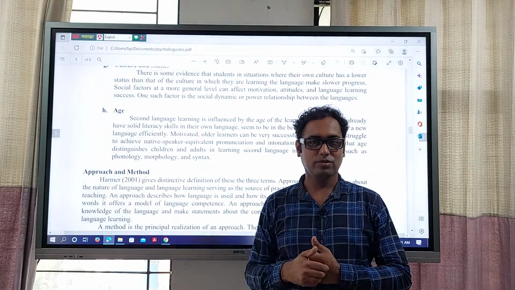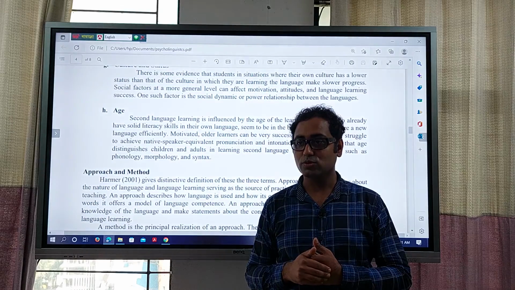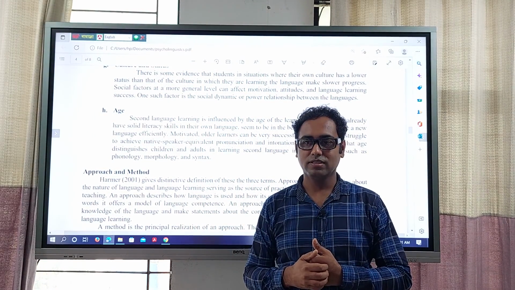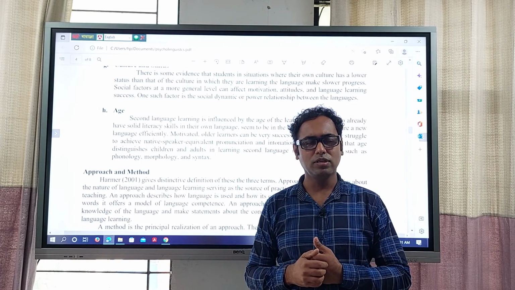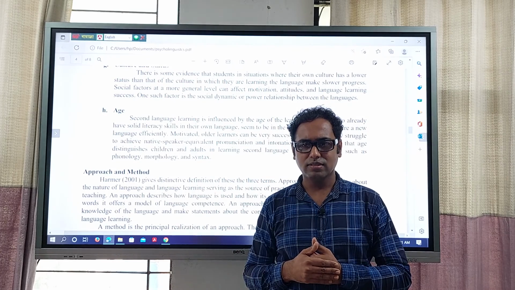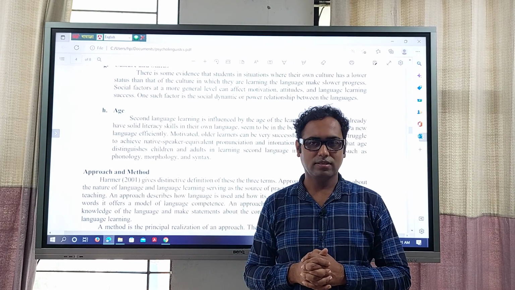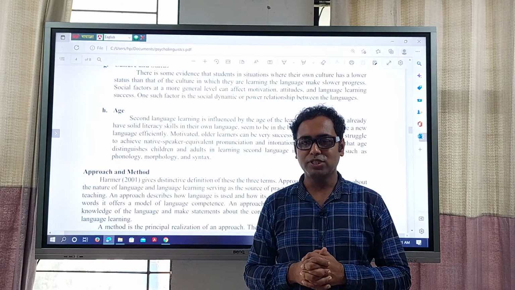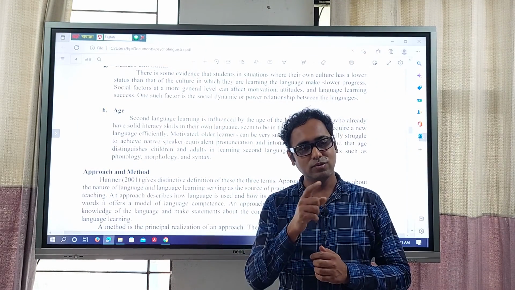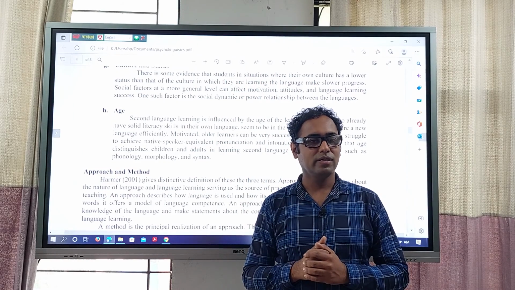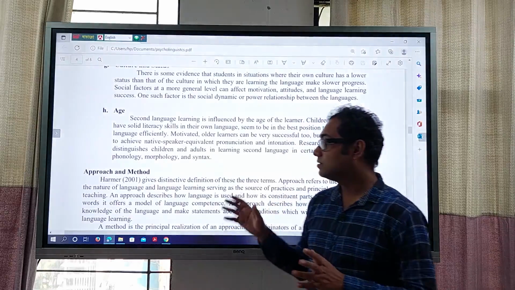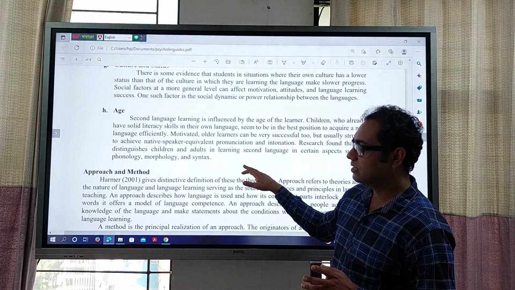Suppose Osanu got married. He has a beautiful kid, but he decided that his kid will be sent to Canada and will learn there. I am sure he will not be able to speak Osanu's language, Bangla. He will be able to directly acquire English first because of the setting there. That is the children as the best learner. That is the idea.